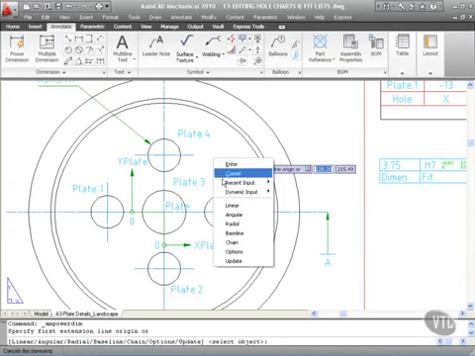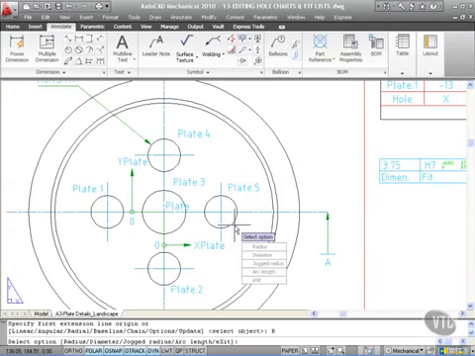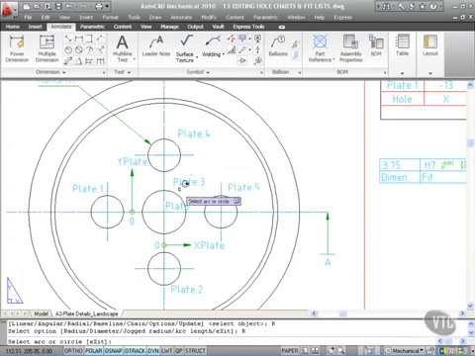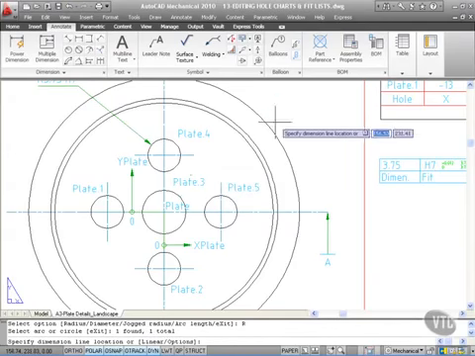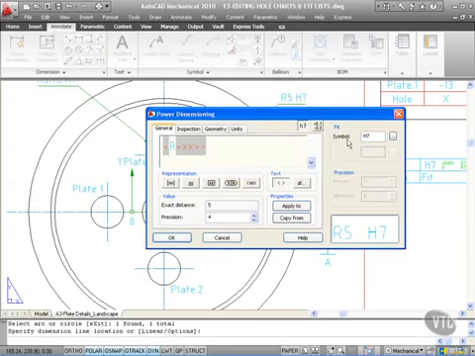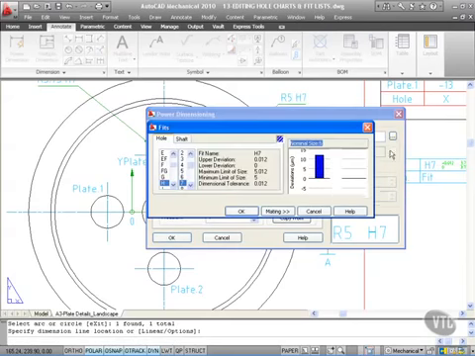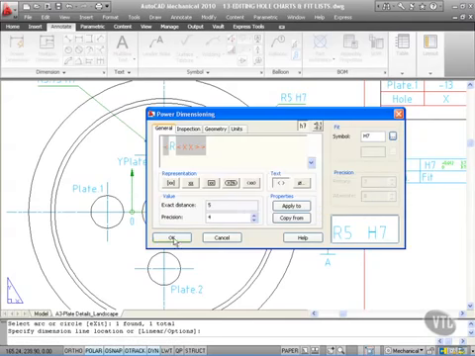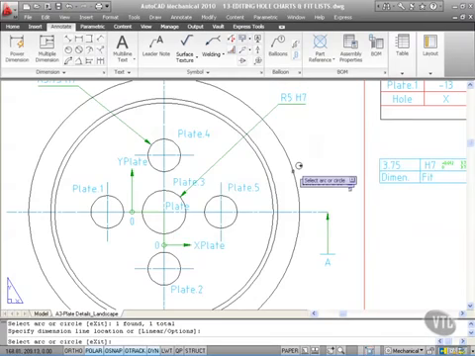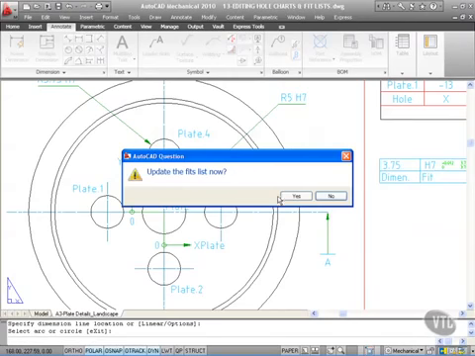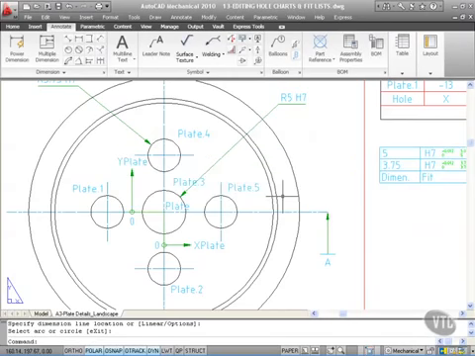I right click and I want a radial power dimension. I select radius again and I select this hole here and I'm going to drag it out to here like that. And again, I've got fit here. I go to more like so. I'm just going to adopt the H7 again and OK it. So if I do that and OK that, select arc or circle, I don't need to do that, so it's an enter, like so, update the fits list, yes please,